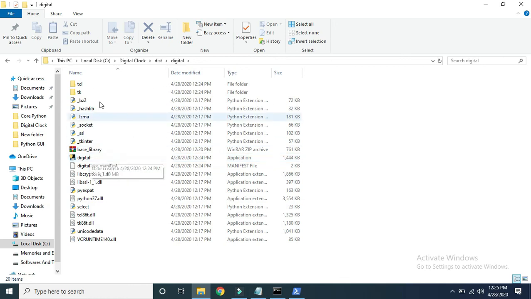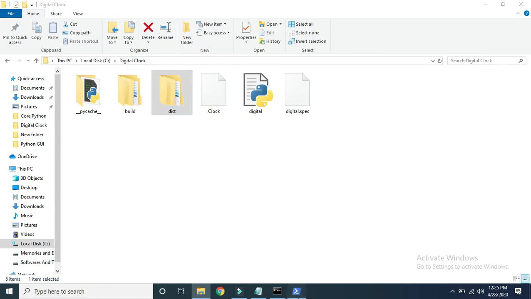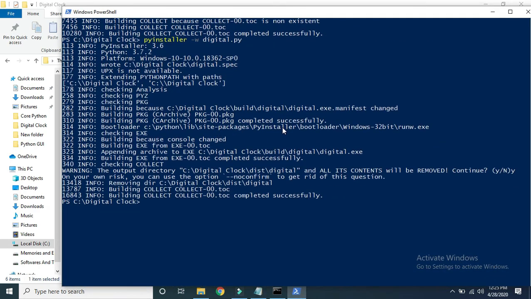If this is the case, you have to open this PowerShell window once again. Earlier we executed which command? -w. Here you have to give a space and use one more attribute, that is a minus, or hyphen, capital F. The W I mentioned is used to remove the background console. Now what is hyphen F for? Let me show you the output. Let us execute this program once again. Let us execute this command.